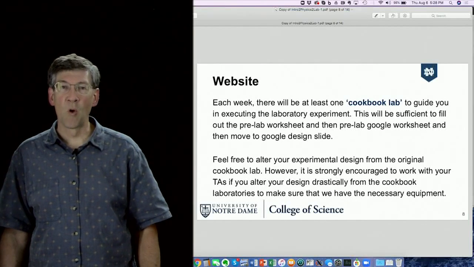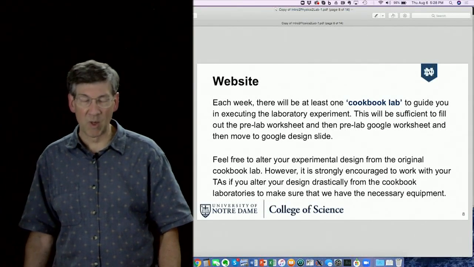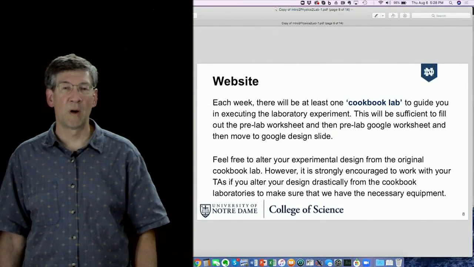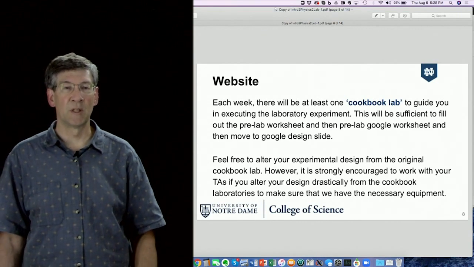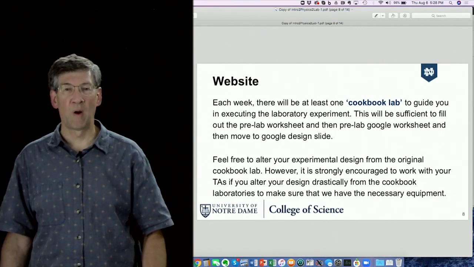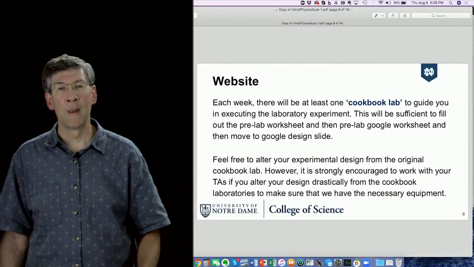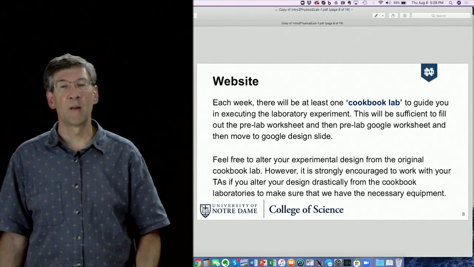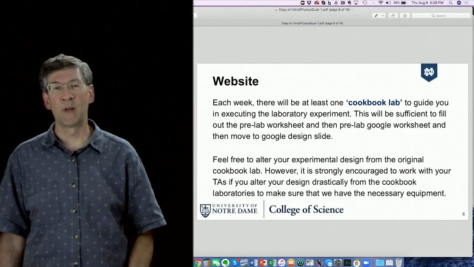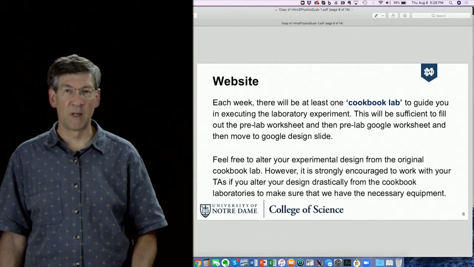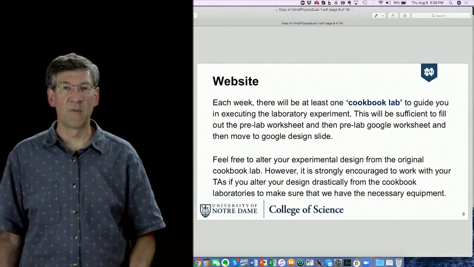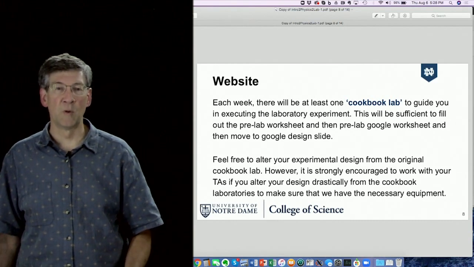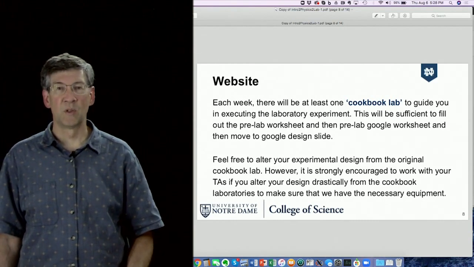Okay, so let's turn over to the lab itself. I'm going to spend a brief amount of time talking about how the lab will be conducted and a little bit more in terms of policies of grading and things like that. There will be a follow-up video that will go into great detail about this idea of experimental design and how we're going to implement it in the lab. But let me just give you a few general overviews and some procedures so that you have some idea of